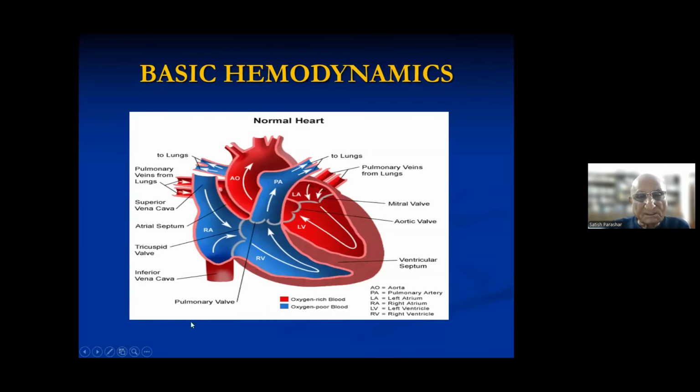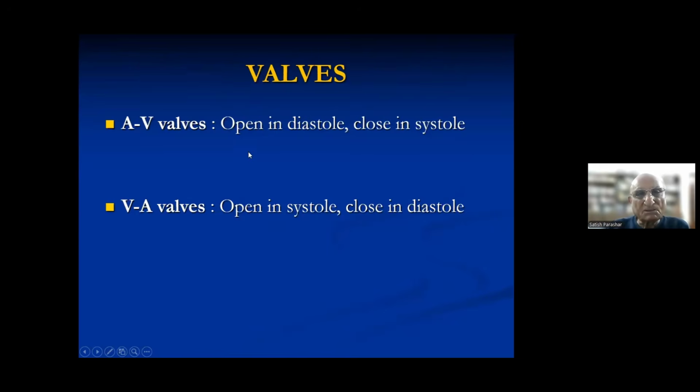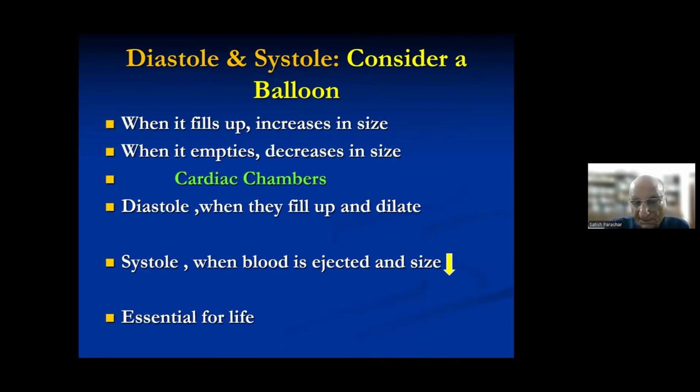Today we are discussing the mitral valve, and the mitral valve is between the atrium and the left ventricle. Hence, it is known as an atrioventricular valve. Atrioventricular means between the atria and the ventricle. So it is known as the left-sided atrioventricular valve, the right-sided being the tricuspid valve. Remember it is between LA and LV. And these valves open in diastole. So the mitral and the tricuspid valve open in diastole and close in systole.